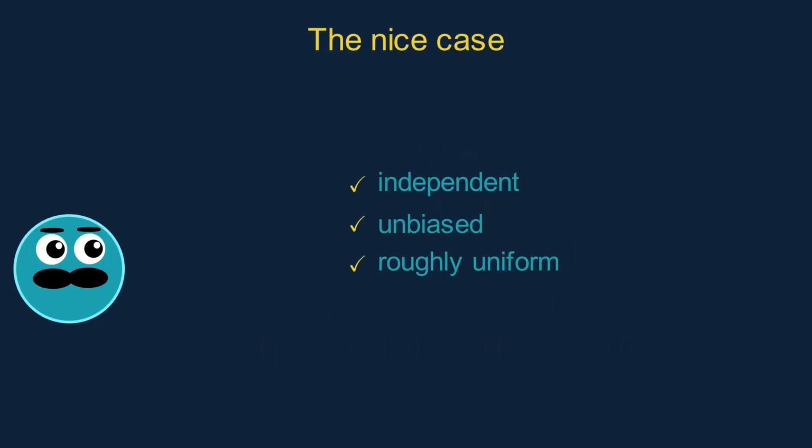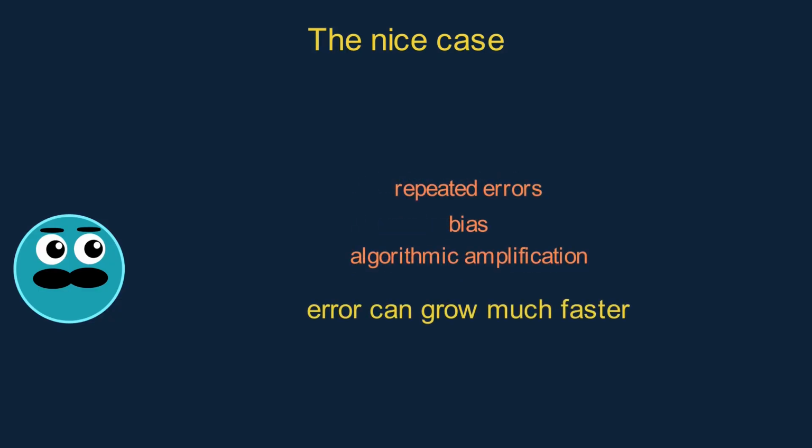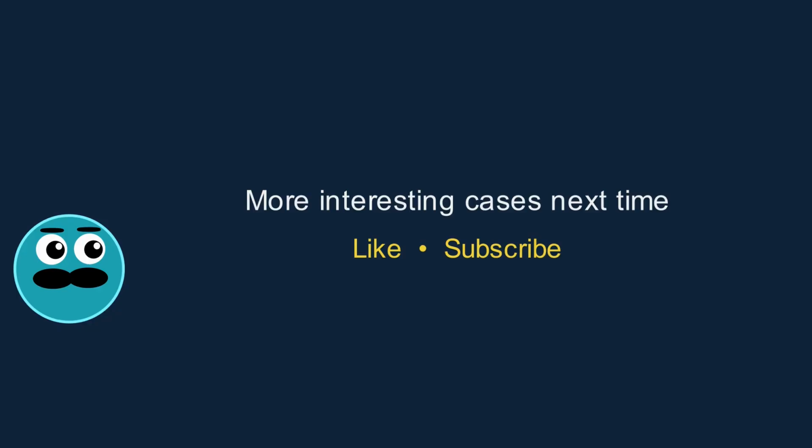It spreads. Of course, this is a nice case. It assumes that the rounding errors are independent, unbiased, and roughly uniform. Real calculations are not always that nice. Sometimes the same error repeats, sometimes the errors are biased, sometimes an algorithm amplifies small errors, and then the error can grow much faster. And about some of those interesting cases we will talk in the following video,